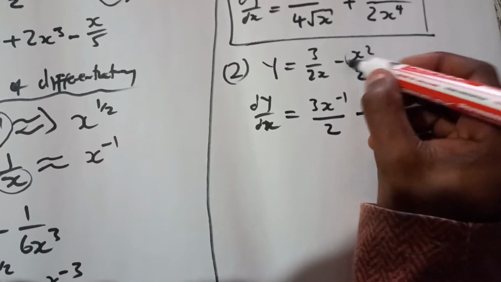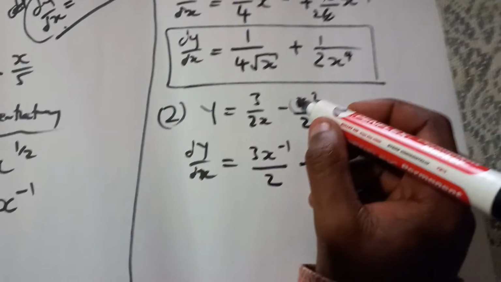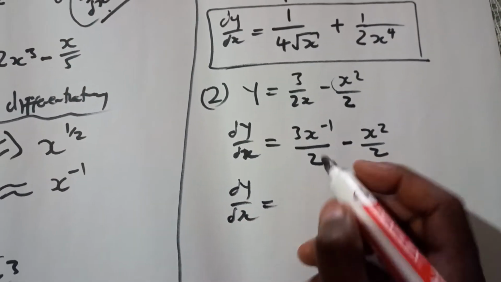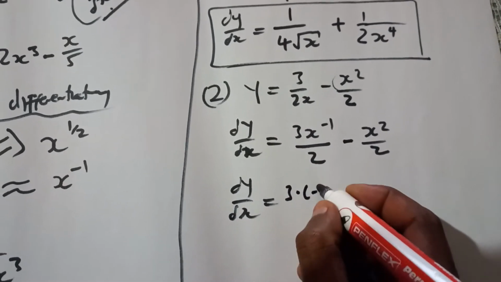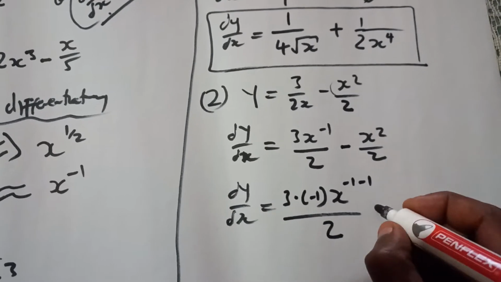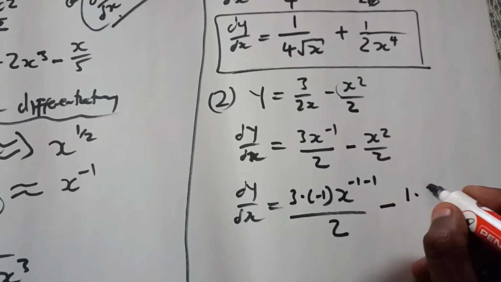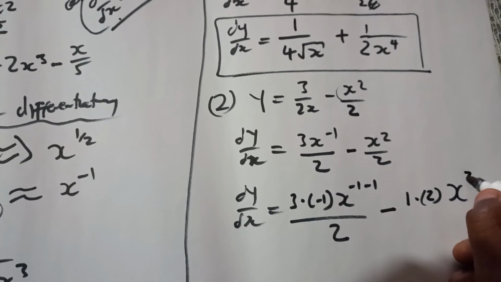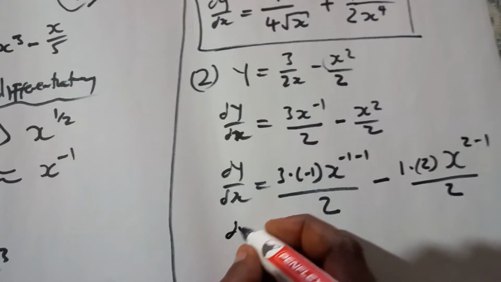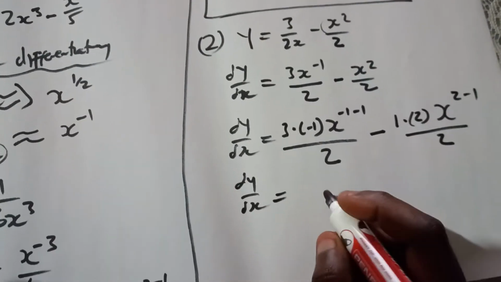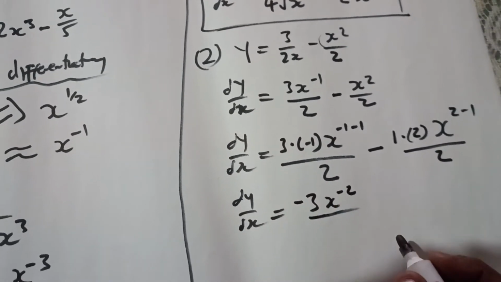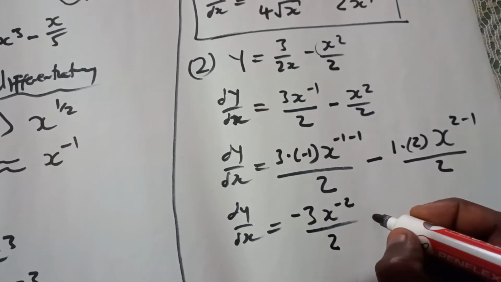Remember, this one you don't have to change, it's already in a simplified form. Then we say dy over dx is equal to 3 multiplied by negative 1 x to the power of negative 1 − 1, all over 2, minus 1 multiplied by 2 x to the power of 2 − 1, all over 2. So dy over dx is equal to negative 3 x to the power of negative 2 all over 2 minus